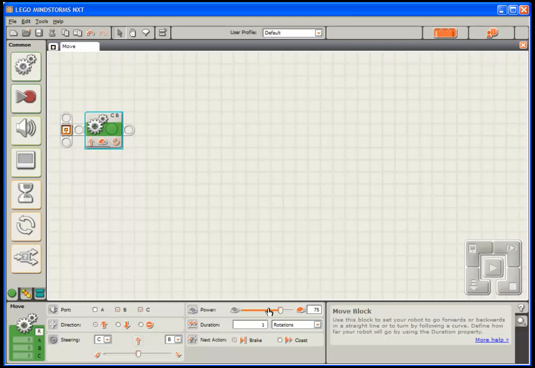The power that the motor is going to have to work with is controlled here. If you wanted to go at full speed, you drag it over here. It'll start out being 75%, and you can drag it up and down. Depending on how much accuracy you want out of your robot, you may find that lowering the power is a